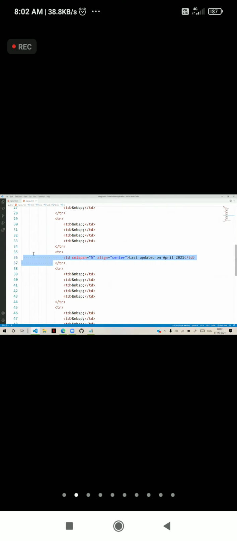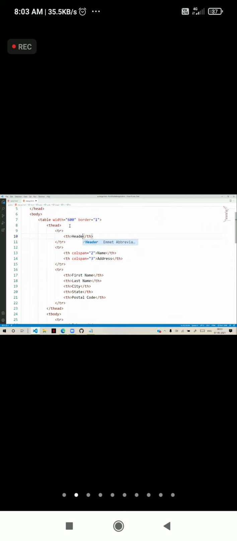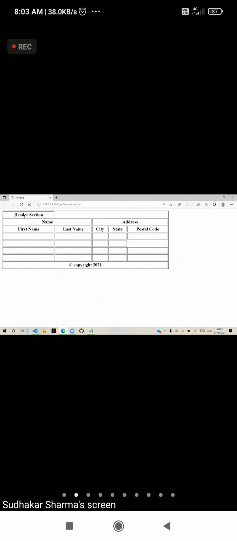Merging of rows is also similar. For example, you see here, this is the table header. In that, 2 rows are present. I will give another row and here I will put a heading, header section. I want this header section to merge 3 rows.